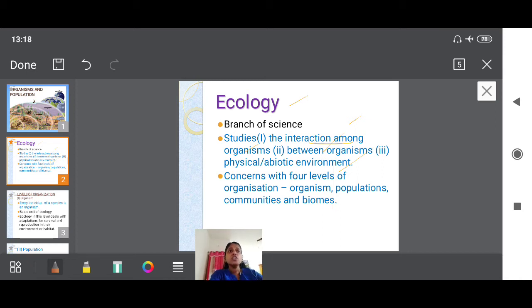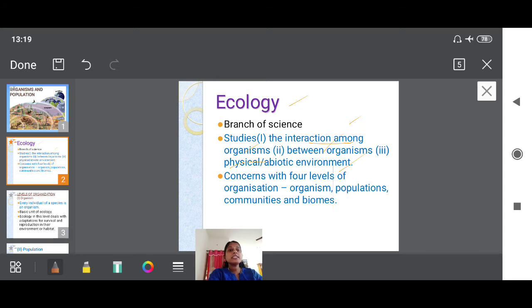the physical environment. So, what is the physical abiotic environment? Abiotic means non-living factors. What are the non-living factors? Like water, air, sunlight, temperature, humidity, rainfall. These are the abiotic physical factors. The interaction among all these things, the living as well as the non-living, among organisms as well as with the abiotic environment, we call ecology. It is a science which deals with the interaction between organisms and their environment.